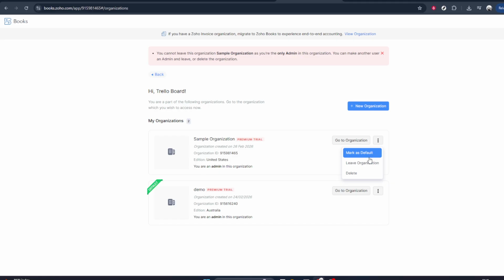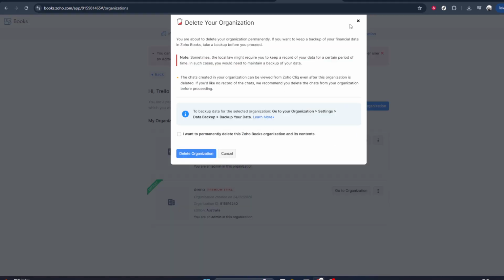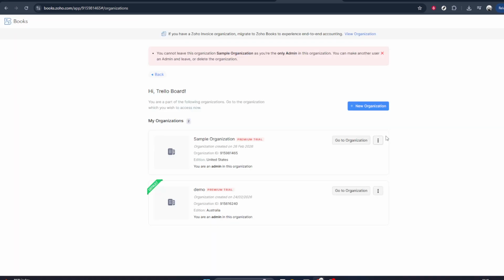If you ever need to change it again, you can repeat these same steps. Click the organization name at the top, go to Manage, open the 3-dot menu next to a different organization, and select Make as Default. That's all there is to it. By following these simple steps, you ensure your